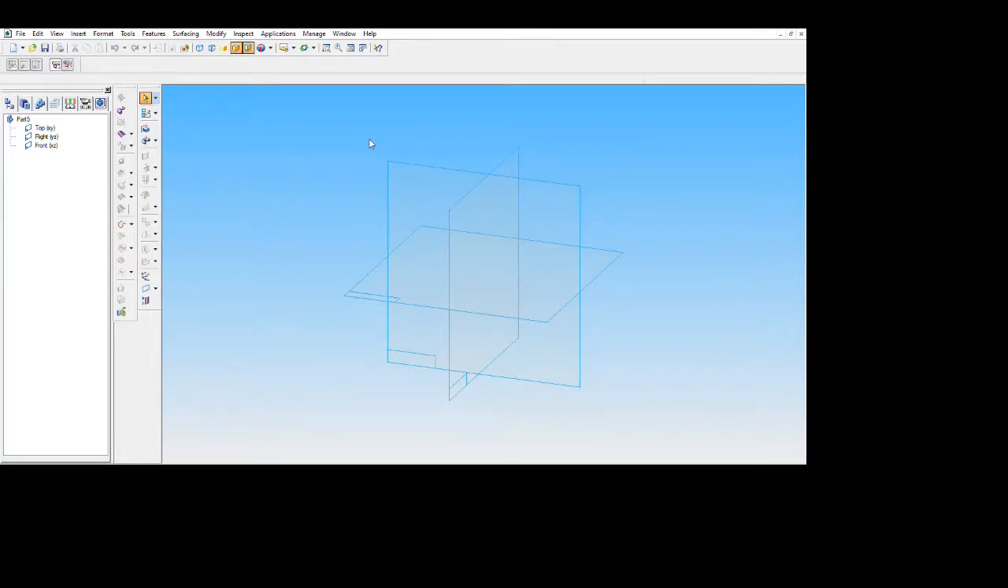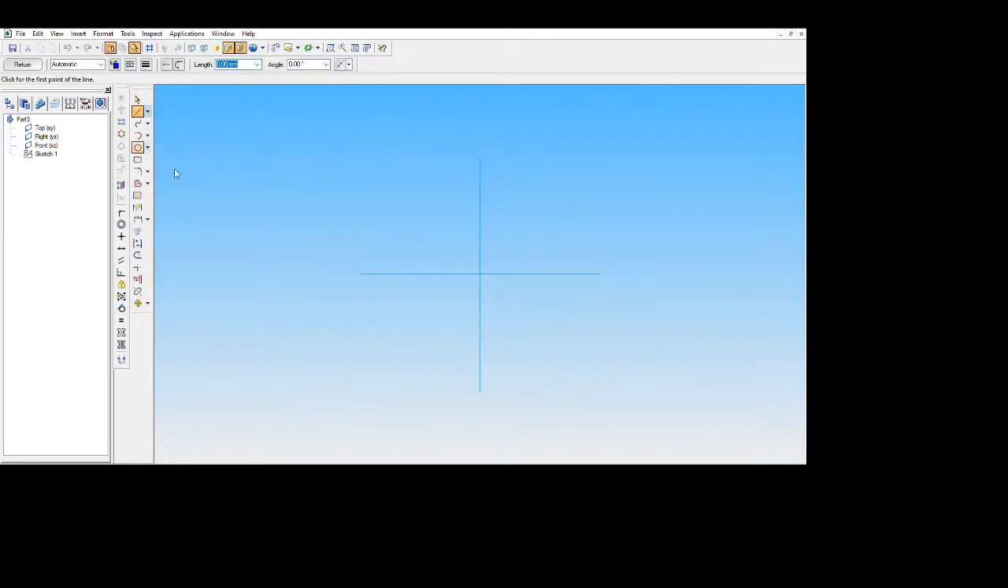Now let's go ahead with part number 7, that is nut. Select sketch, select the top surface, or you can say top plane. Now draw a rectangle of any length and breadth. Now give the dimensions as given in the details. Give this as 17 and this as